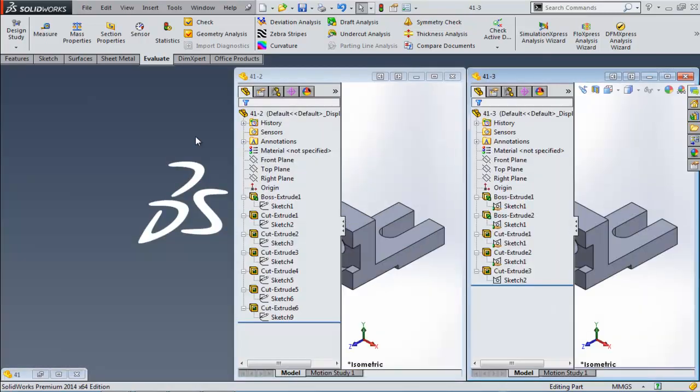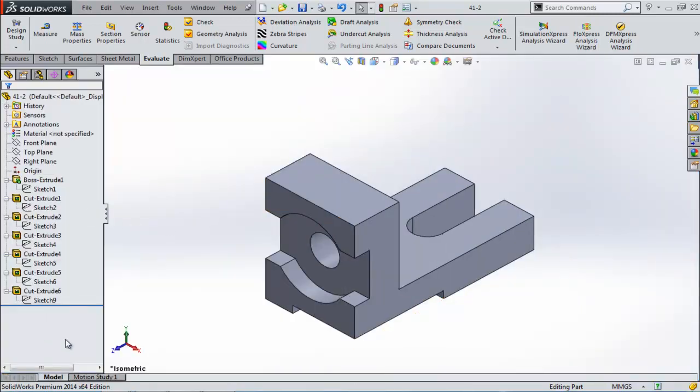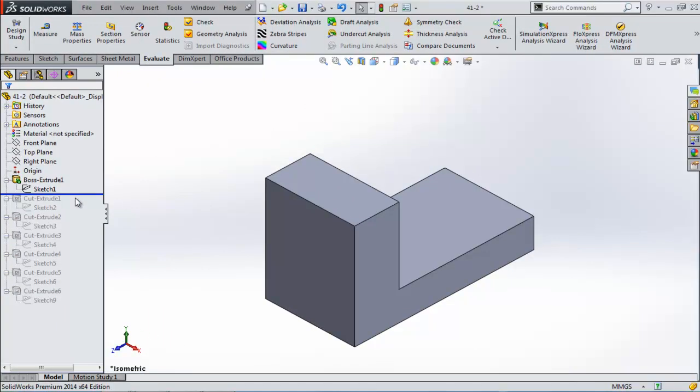Okay, now the second part, let's look at it. And one quick tip: if you want to see the history of creating this part, you can come close here until you have this hand, click, drag, and drop. And you see that we started this part by creating this sketch, and we extruded both parts, left and right. After that, we cut here,